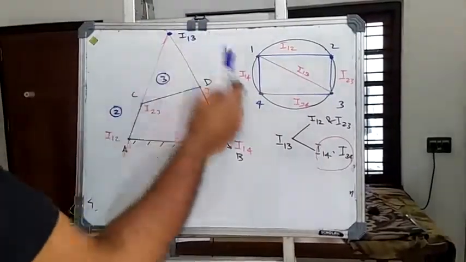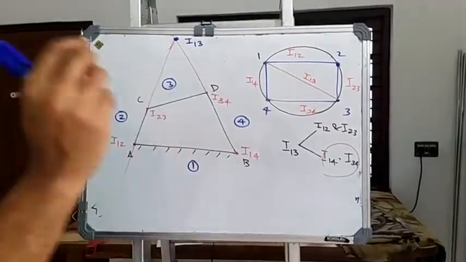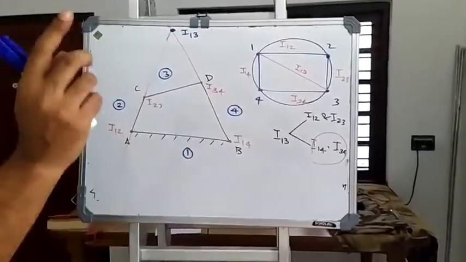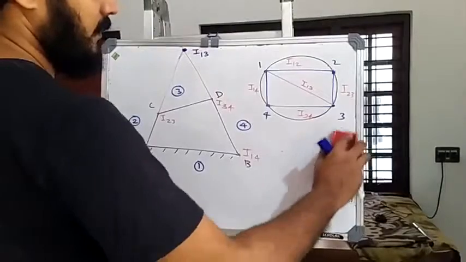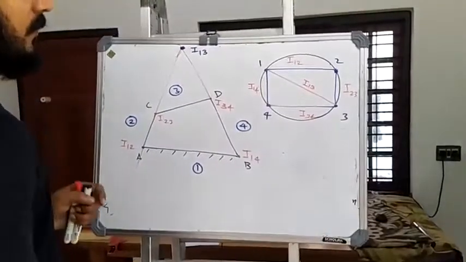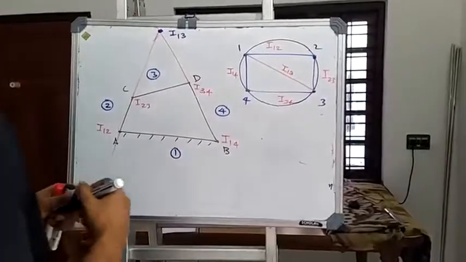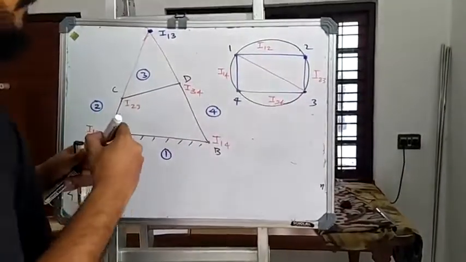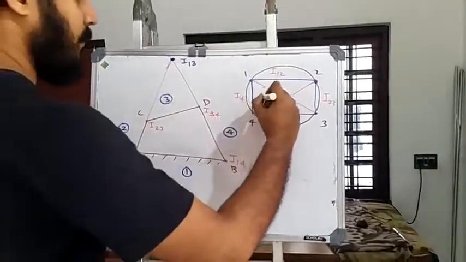Now this generation of straight lines you should be doing using your scale and pencil in the configuration diagram that you have already drawn. Next, let us find out one more I center we have to locate, which is I24. Now finding I24, what we have to do? We have to again join 2 and 4. Now this will represent I24.